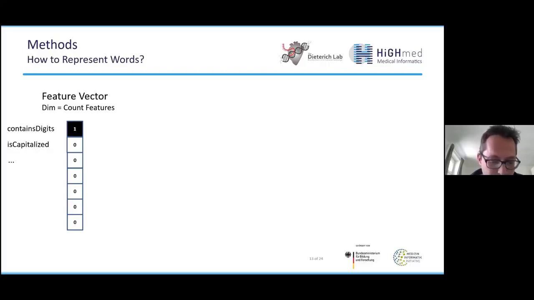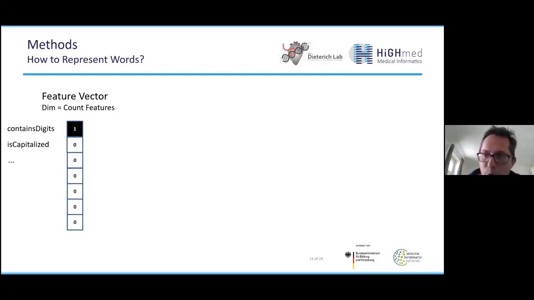And this is a reason why we have to find a way to represent any word in a numerical format. This is typically done in a vector format. And if we look at statistical machine learning models like the support vector machine, or what we've just seen, the conditional random field, we are using so-called feature vectors to represent a word in our case now.